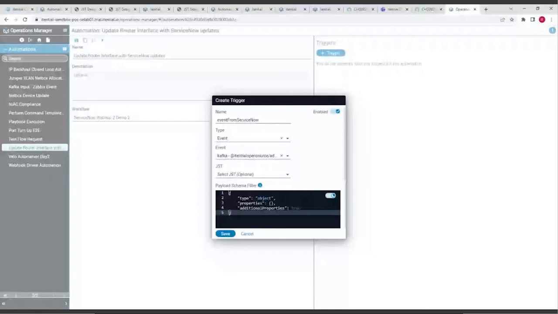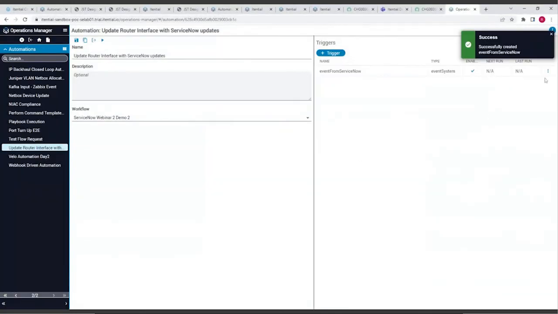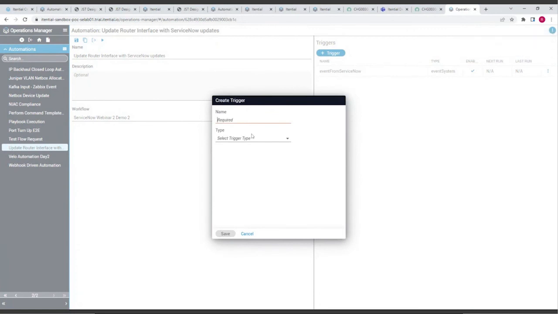Now, instead of querying to move forward, now we're being told move forward, right? So you would manipulate your workflow a little bit to accommodate this different way of doing it, but the elements are going to be the same. And this is how you would do it. So that's one way of doing it. Another way of doing it, we could create another trigger here, and we could say,